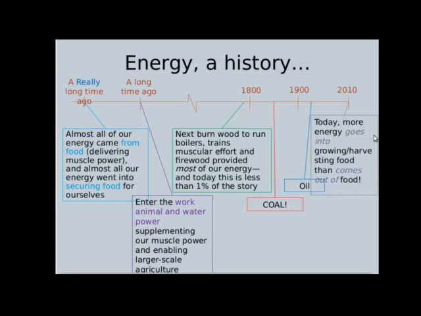So in the distant past, we got more energy from food than we put into acquiring it. If you think about it, if that hadn't been true, our species would not have survived. You must get more from the food than you put into it. But today, because we have so much energy available from other sources than food, we put more energy into the process of getting food than we can get from eating it. That is not true for other animals, and that is a very interesting point for our species to be at in history.